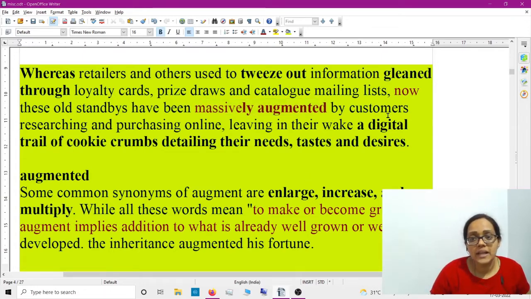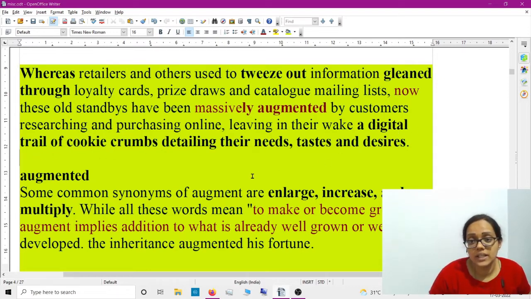Now again, by customers researching and purchasing online, leaving in their wake a digital trail of cookie crumbs, detailing their needs, tastes and desires. So I had used this sentence in my essay because I like this word, trail. Okay, cookie crumbs, I like this word. That's the reason. Cookies, you know, that pop up which comes at the time of a social ad. That only. The trail of cookie crumbs. Trail means that path of cookie crumbs,